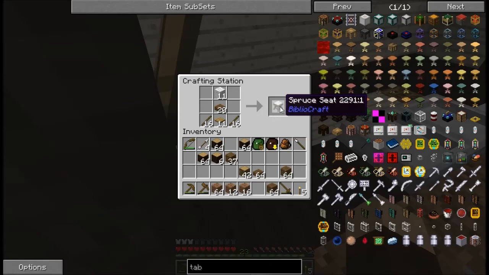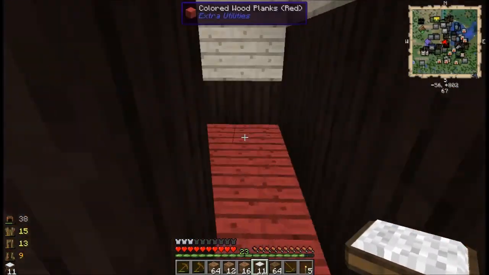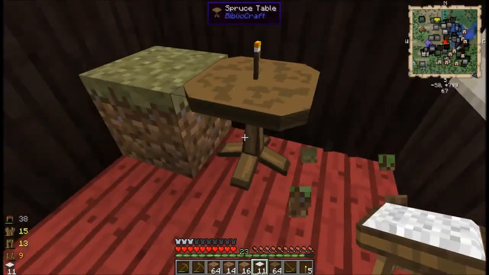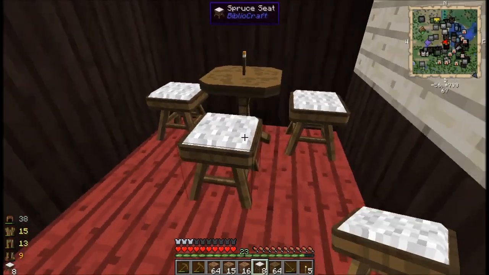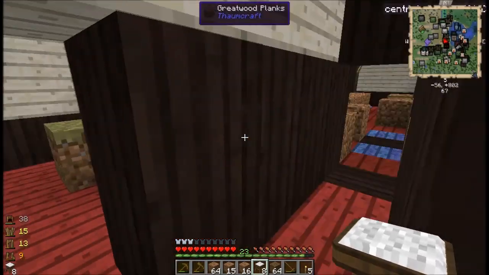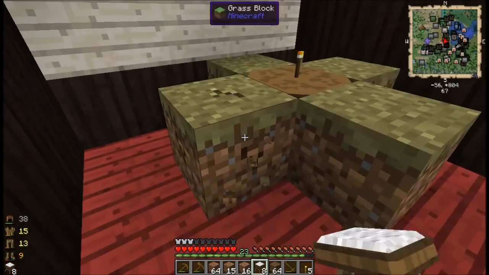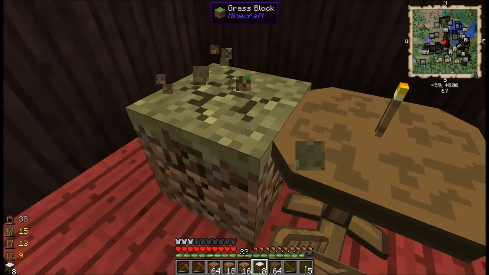Anyway, I have just enough wool to make 11 seats, and I just wanted you guys to see how these looked. Once again, these are the spruce versions. So that's what I've got going on in here. And as I get more wool, I'll be able to make more seats in here. But for right now, I'm just going to use the ones that I have